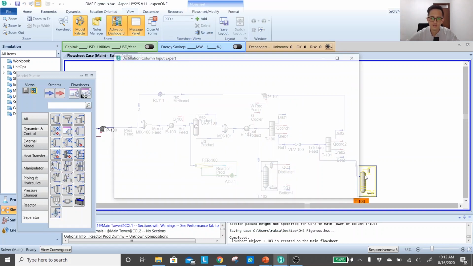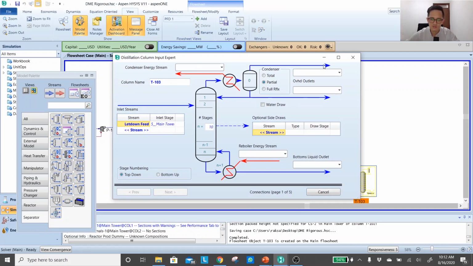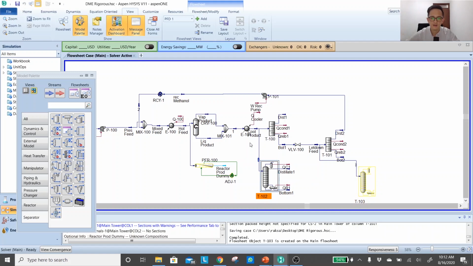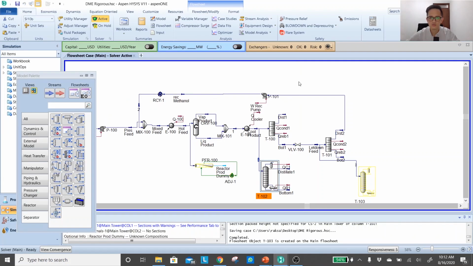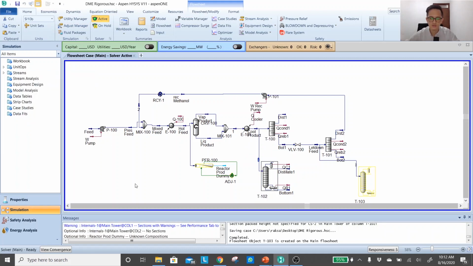And then after that you play around with this input, define the streams, the mass streams and the energy streams, and finish everything until you get the internals, similar to the first step. I will leave it at this point in this video so that you can practice this second distillation column. Use the same principle, and we will confirm the results in the course session. Okay, so I guess that sums up my content for this video.